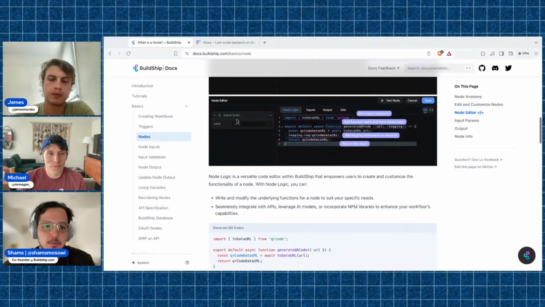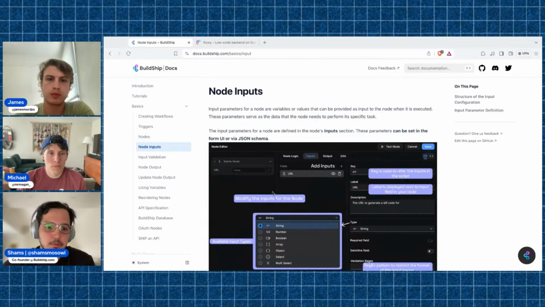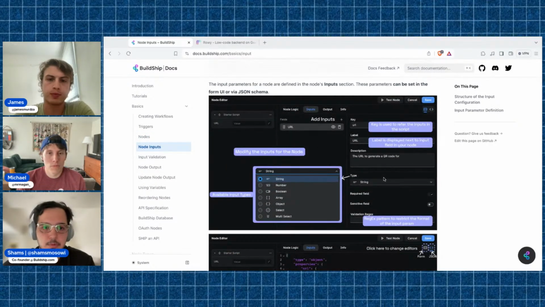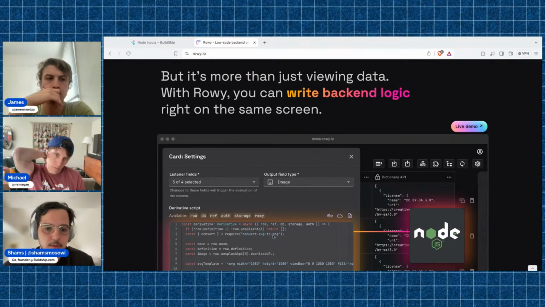So the concept of the nodes focuses a lot on how do we make them reusable by defining inputs and stuff, compared to the concept in Rowie, which uses the row data, but it's not very clear for someone who's not very technical.